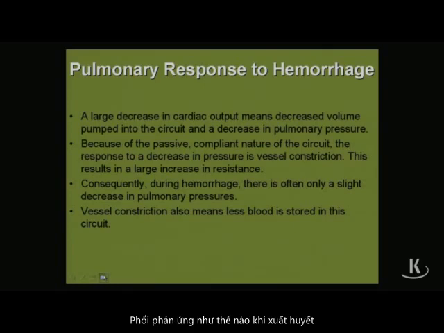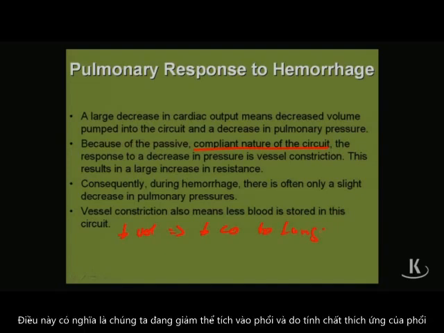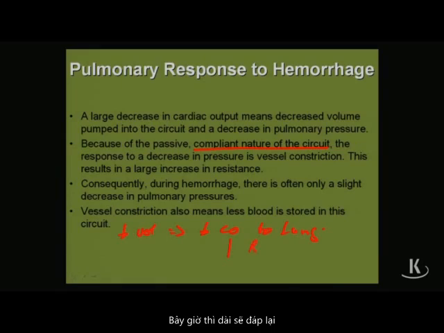How does the lung respond to hemorrhage? Again, because of compliance. The important thing here to remember is the very compliant nature of the circuit. Of course, when we have hemorrhage, we are losing volume. So by decrease in volume, we are decreasing cardiac output to the lung. This means we are decreasing volume into the lung. And because of the compliant nature of the lung, it will now respond